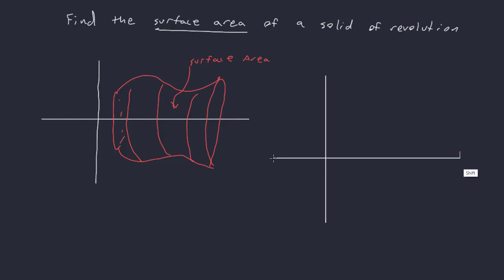So if we have the graph of a function, say f of x, and we want to find the surface area made from revolving this around the x-axis, let's say. Okay, we approach it like we did before. If this is our a and this is our b, we split our interval up into a bunch of equal pieces that are each delta x long, and we make lines